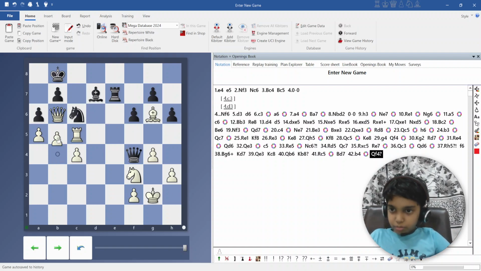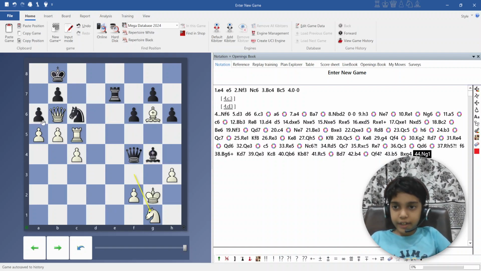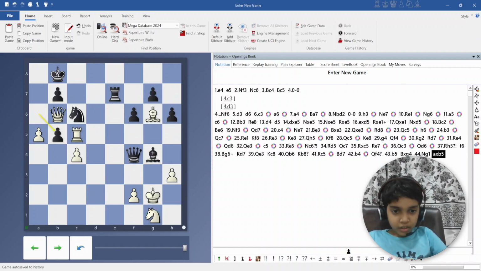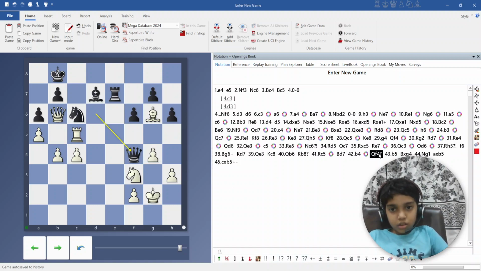Because now b5 comes and you just have to give a piece, there's no other way. Now bishop into g4, if comes, then knight g1, a into b5, and then c into b5, and it's just completely over. But now white